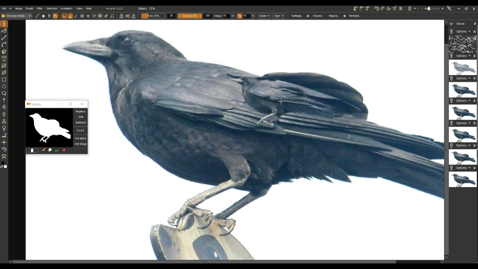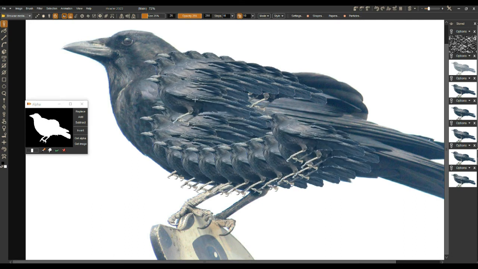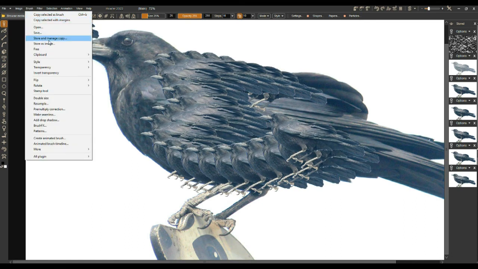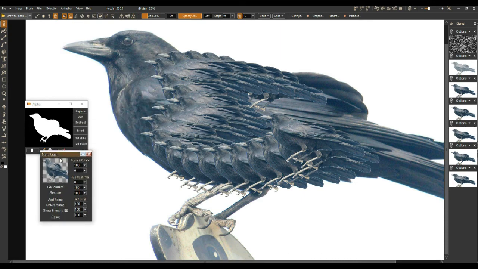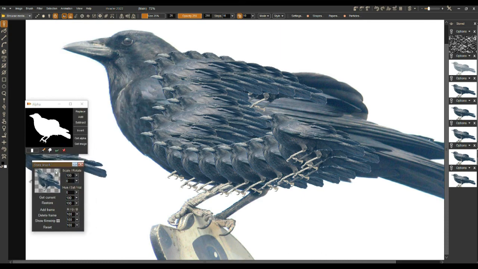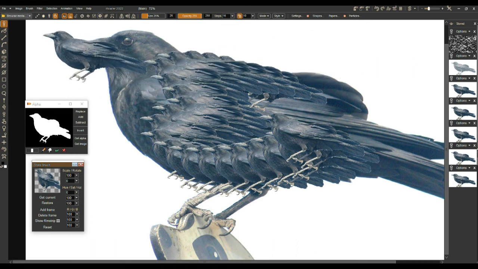And we could use that to paint with it. But most importantly, we'll store that brush in case we want to use it a number of times. So store and manage a copy of it. There it is. Never mind the aspect ratio. This here is a preview in a square, even though the original is more of a rectangular landscape. Then what we want to do is